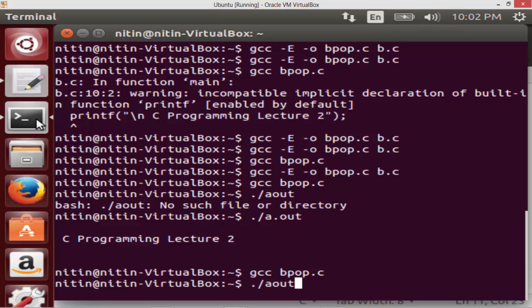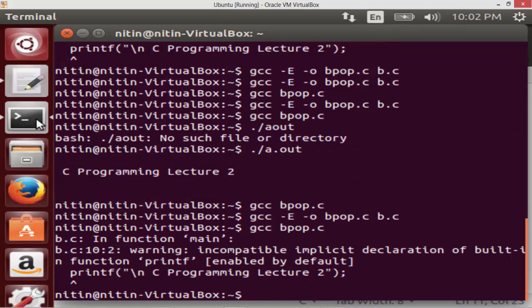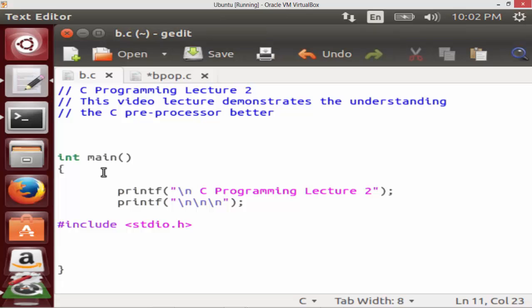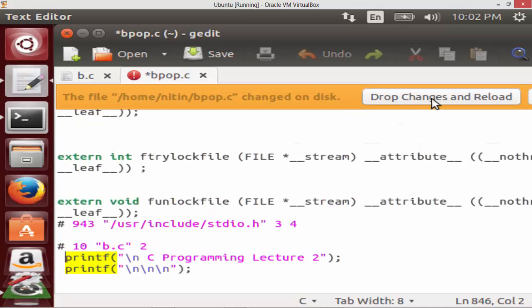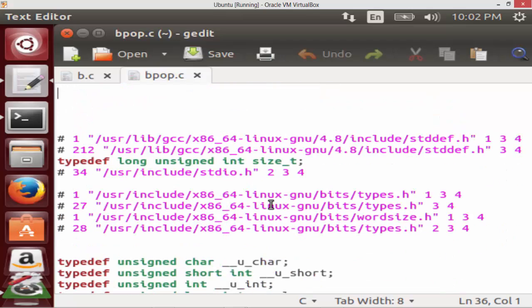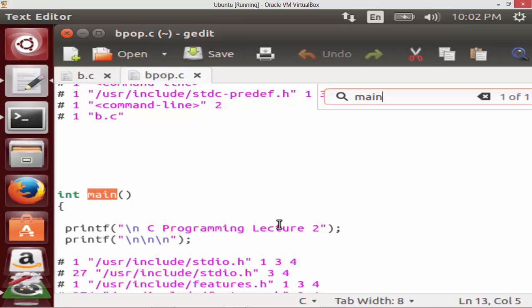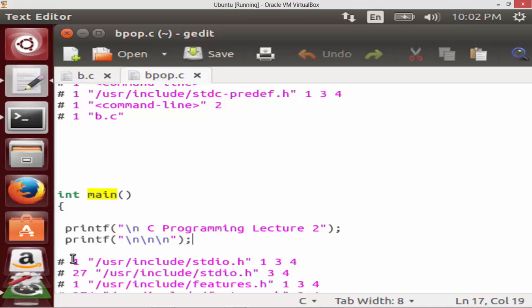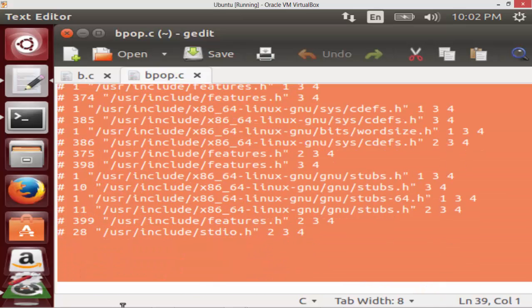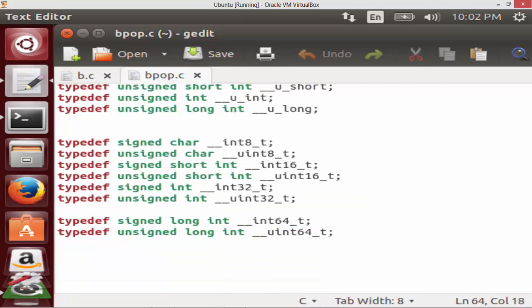I'm sorry, I will just first do the generate preprocess, then I do the GCC. Now if you see, it is now giving me printf is enabled by default as if this #include is not there, which clearly means, now if I go back to my bpop and see, and if I look at my main, my #include has been included after the printf,